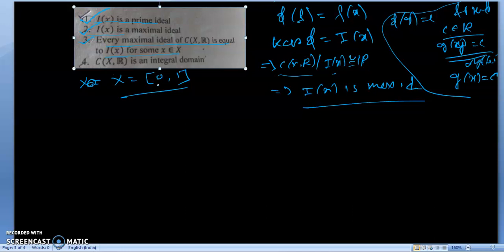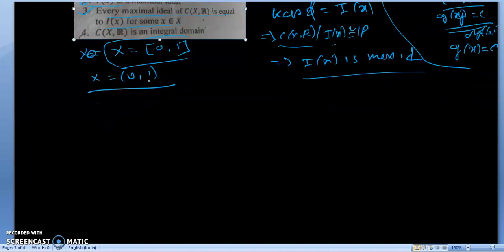If x belongs to the closed interval [0, 1], then option 3 will be true. But here it is given that x belongs to the open interval (0, 1). That means we can easily check that this is not true for this interval,